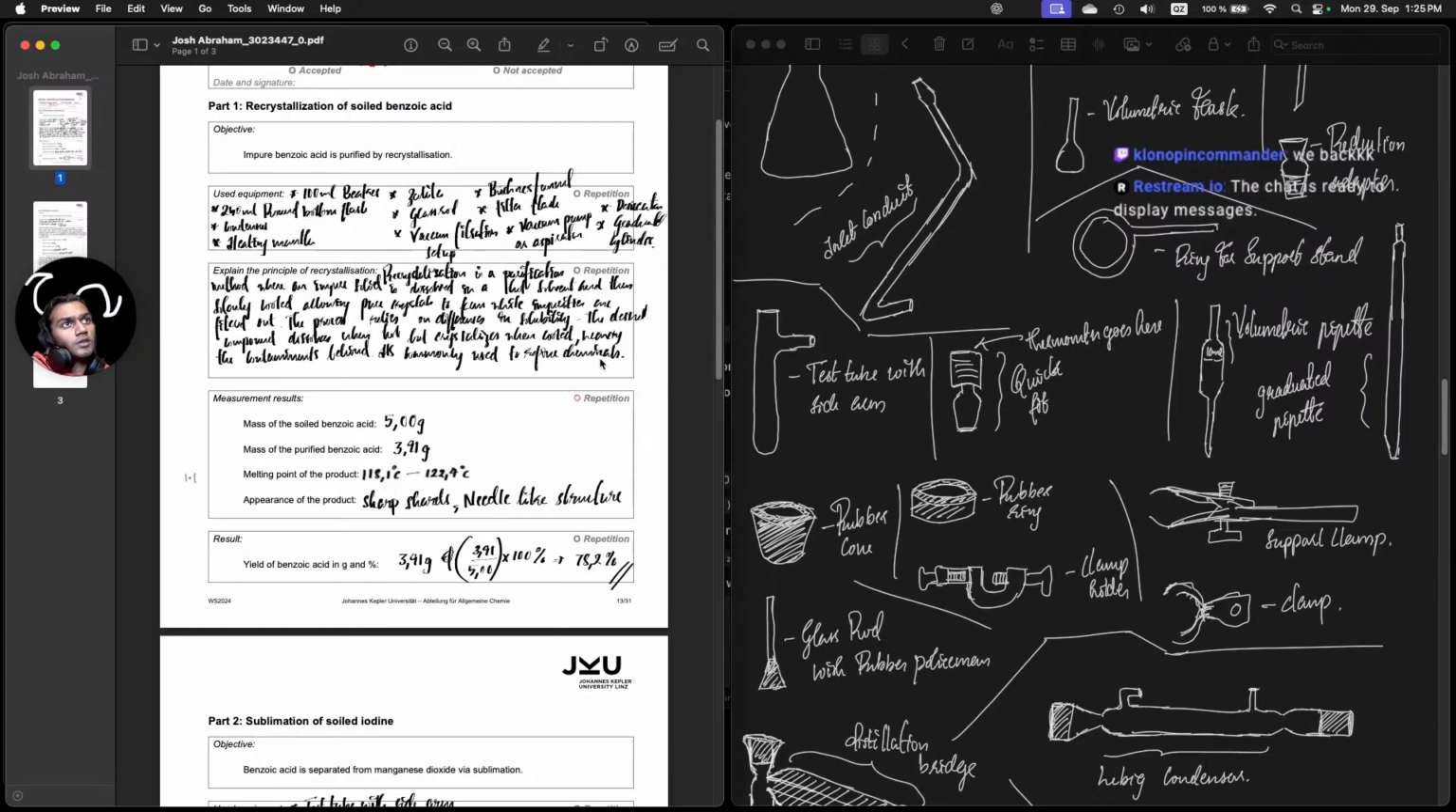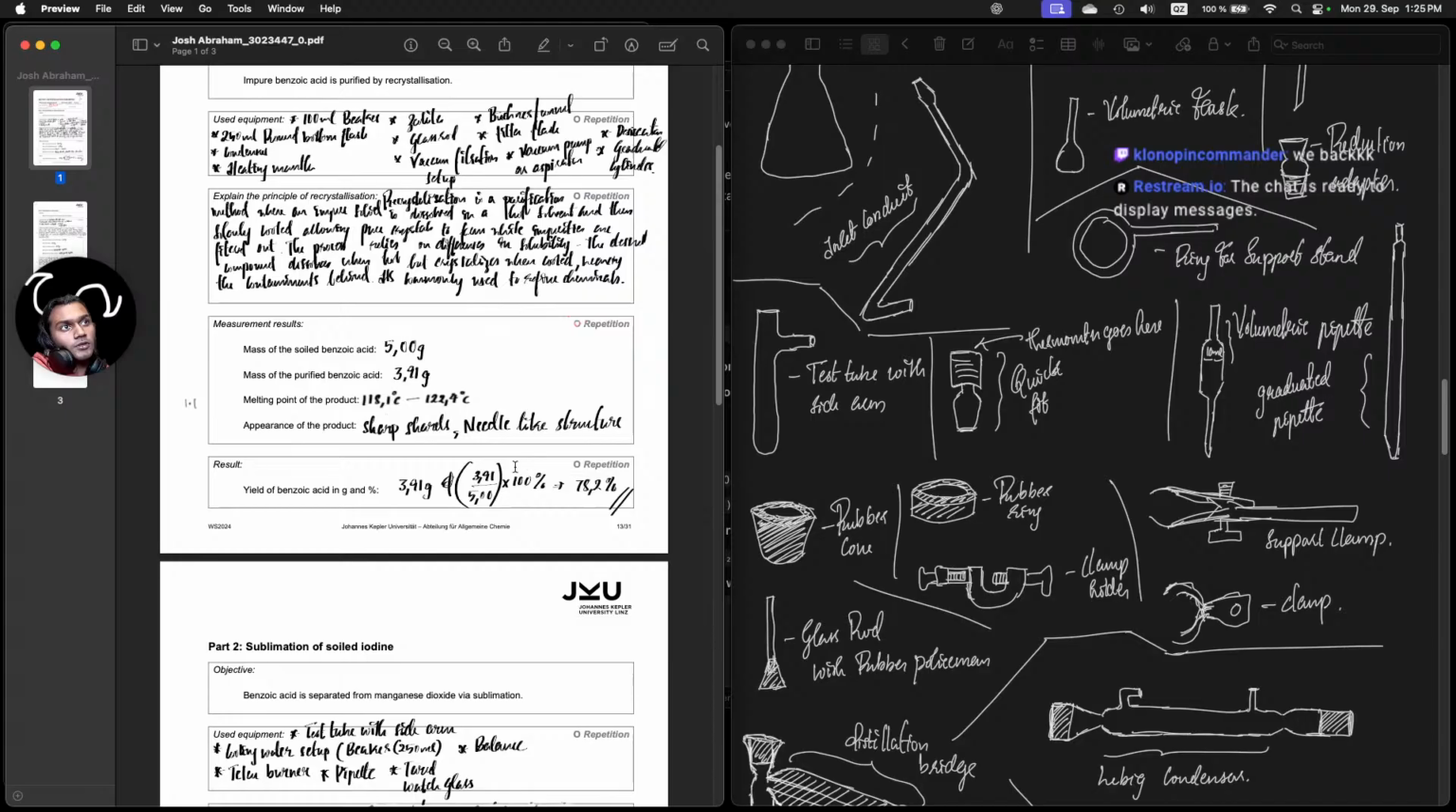Recrystallization is a purification method where impure solid is dissolved in hot solvent and slowly cooled, allowing pure crystals to form while impurities are filtered out. The process relies on differences in solubility. The desired compound dissolves when hot but crystallizes when cooled, leaving the contaminants behind, commonly used for refining chemicals. Now, yield of the benzoic acid is given by, okay,